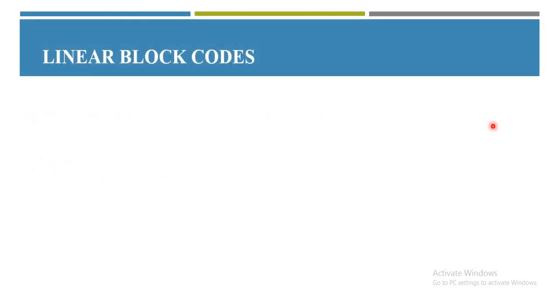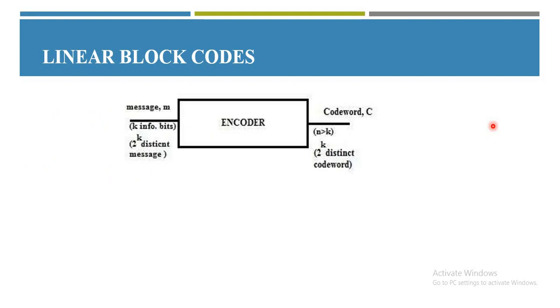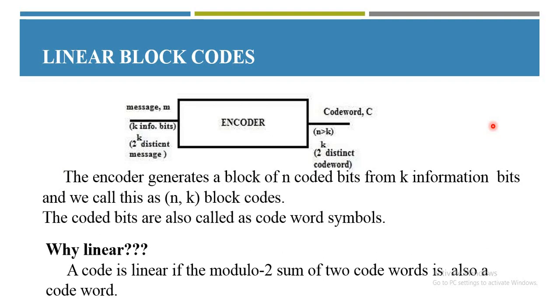So basically, what is a linear block code? Linear block code is a type of coding technique which comes under the category of channel coding, where along with the input signal we add a few more bits, called check bits or parity bits, which are useful in error correction and detection. Generally, linear block codes are represented as (n,k), where n indicates the size of the code word, and k indicates the number of message bits.